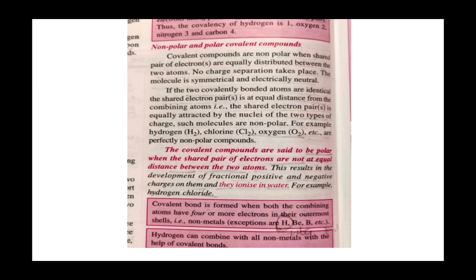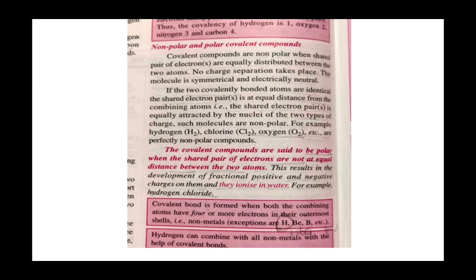If you see hydrogen, hydrogen is electropositive. Both atoms in the hydrogen molecule are electropositive, so their electronegativity difference will be zero. When the hydrogen molecule forms, the shared pair will be distributed at equal distance. Same in the case of oxygen, and same in the case of methane. In methane, one atom of carbon and 4 atoms of hydrogen are combined and sharing pairs between them. But their electronegativity difference is very less, so they form a non-polar compound.